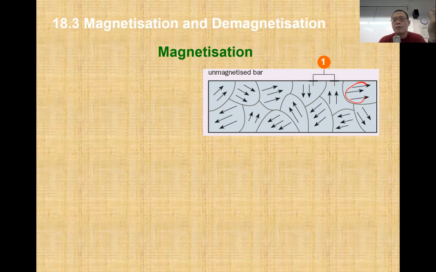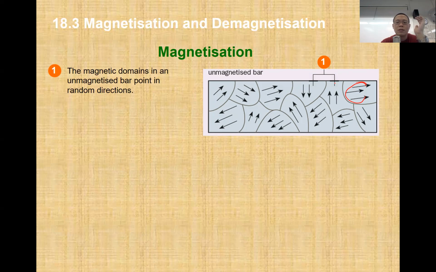are not magnets. They don't possess magnetic properties. They don't possess any magnetism. The reason is that the domains inside the metal itself are pointing in random directions. Let's say we have these particular domains here, with a North Pole on one end and a South Pole on the other end,